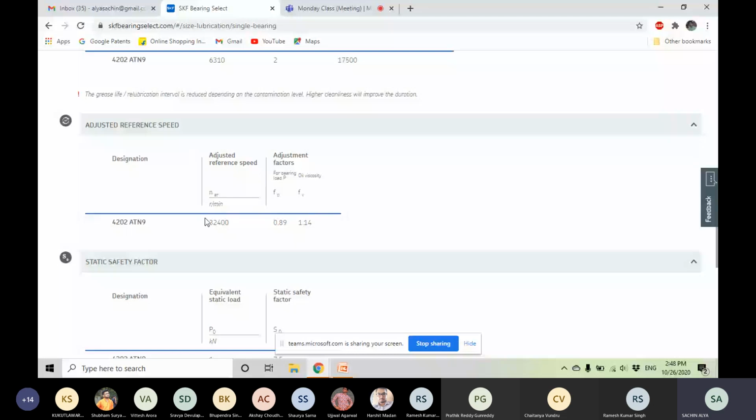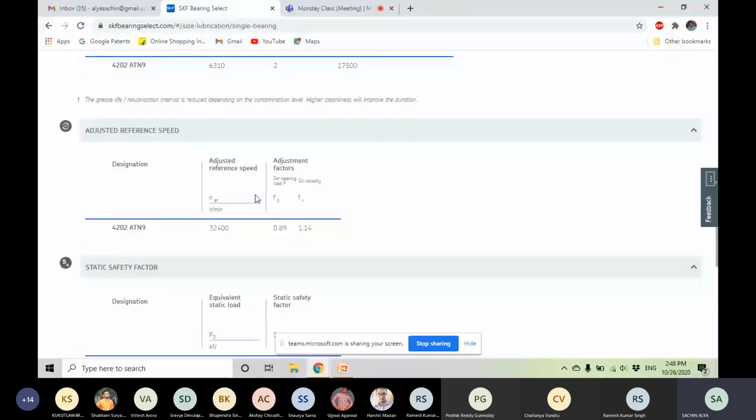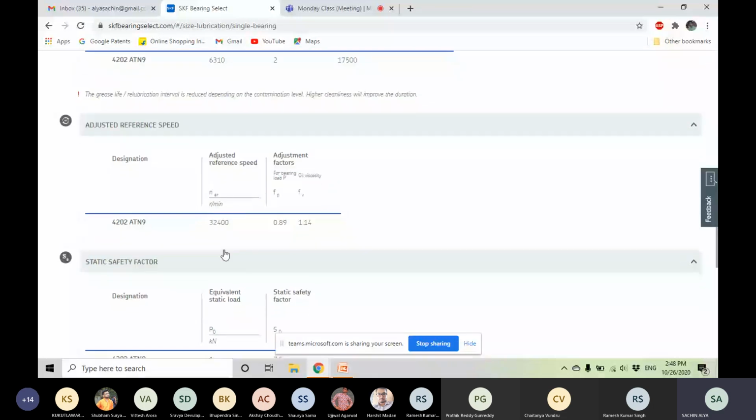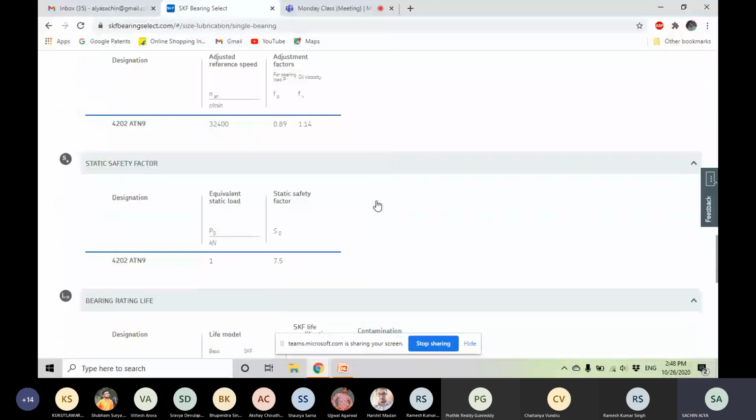It has come down to 32,400. Earlier it was around 38,000. So if we increase the load further, this speed will reduce further. So if we want to have higher load capacities, we will have to compromise on the revolution of the shaft.